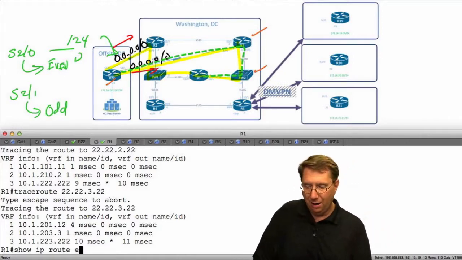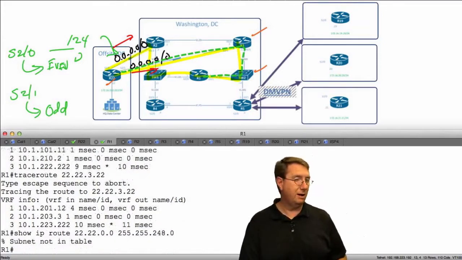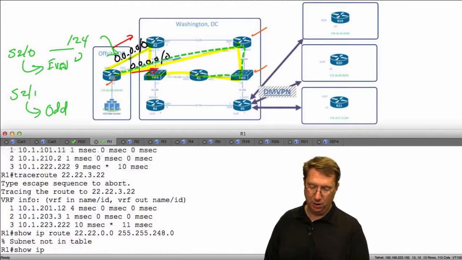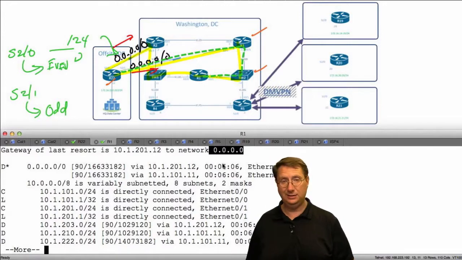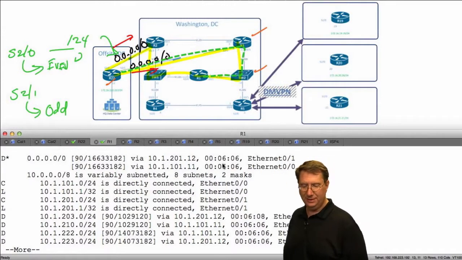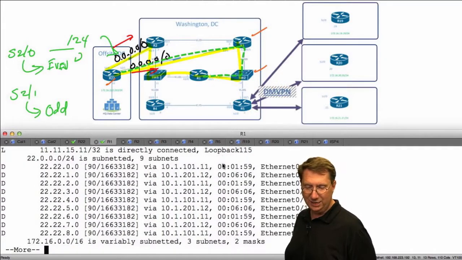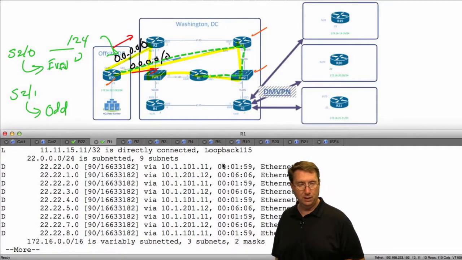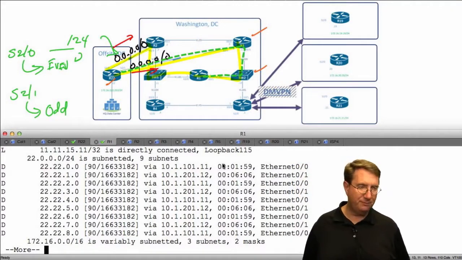Show IP route, and let's look at 22.22.0.0 255.255.248.0. It's not in my routing table, but I do have show IP route, my static default route and my gateway of last resort is set. So when we look at this, what's happening is that the system is basically just placing the /24s in the routing table because the /24s have the longest match. So with that wrapped up, that brings this